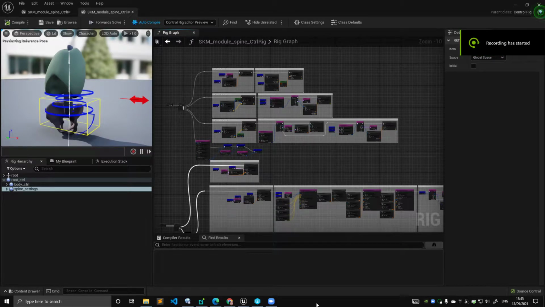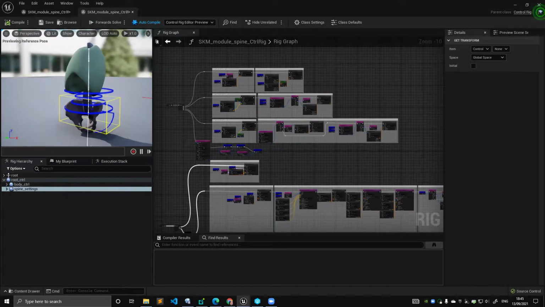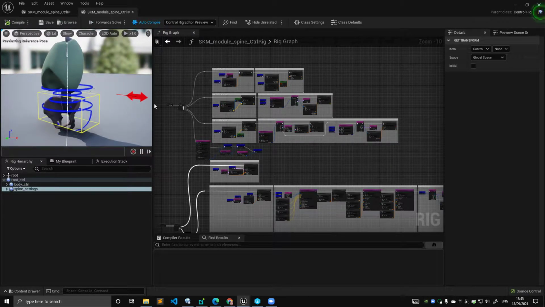Hello guys, this is the second video about the spine module, and before we jump in and implement the spine module, I made this video just to clarify certain things I said in the previous one with some visual cues, because I realized that following schematics might not be extremely